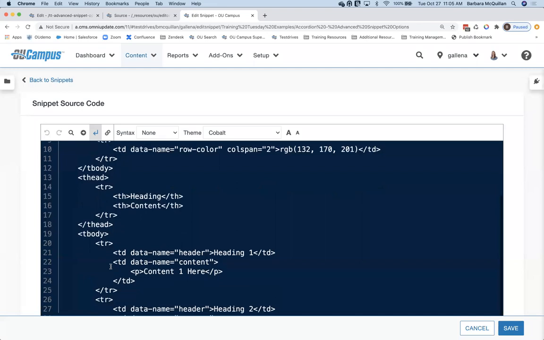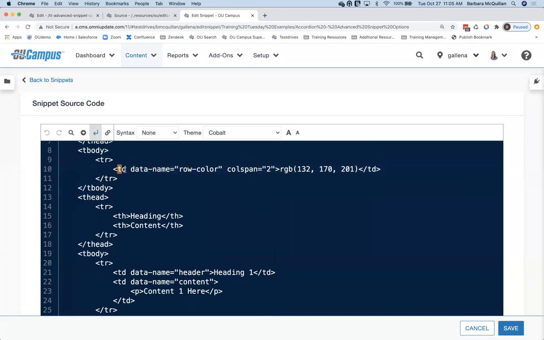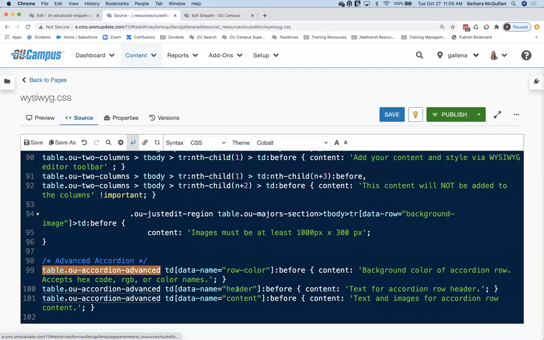And then for each one of my TDs, the actual data cell that's going to be accepting information, I just have this attribute that I'm calling data-name, and I'm giving it a particular value. So I have a row color, a content, and a header. So that's what I'm using to target here. There's my header, and there's my content.